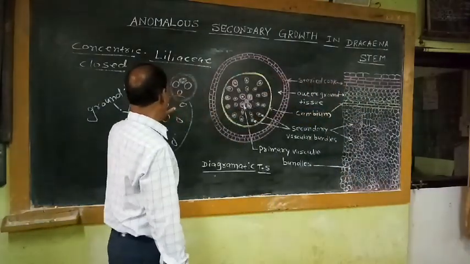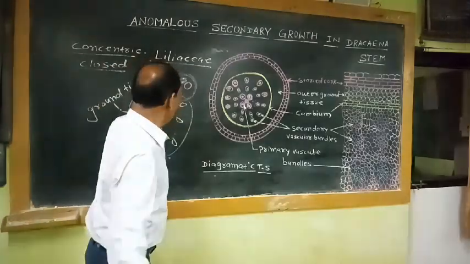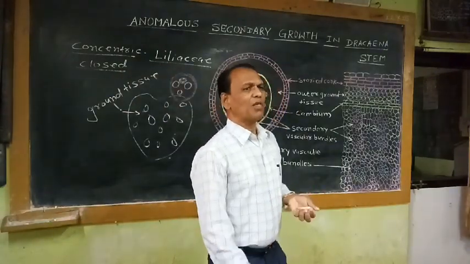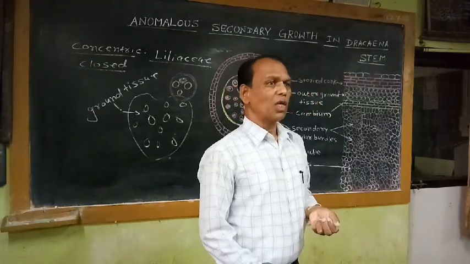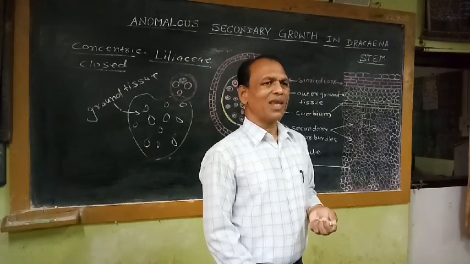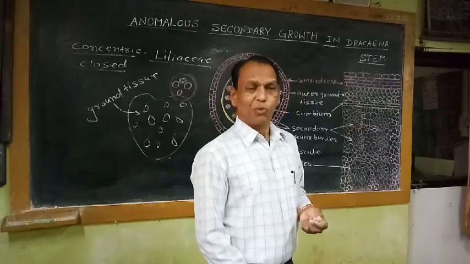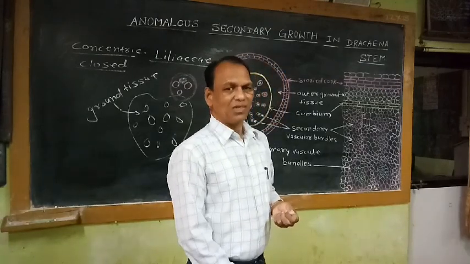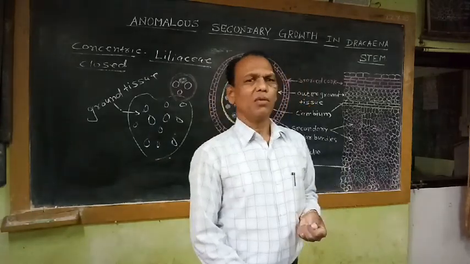That means this primary protective covering, which is commonly known as epidermis, ruptures. When the epidermis ruptures, the stem requires another protective layer. What will happen? There is a possibility of desiccation. Desiccation means excessive removal of water from the ruptured epidermis due to environmental conditions like temperature, wind velocity, etc. If inner tissues get exposed due to rupturing of the epidermis, there is a possibility of desiccation, meaning excessive loss of water. There is another possibility also: infection.